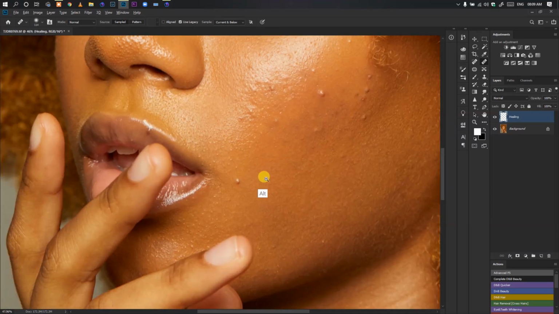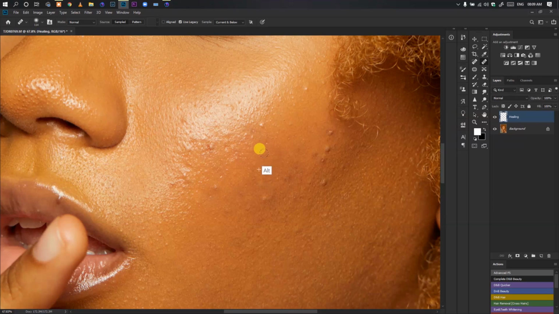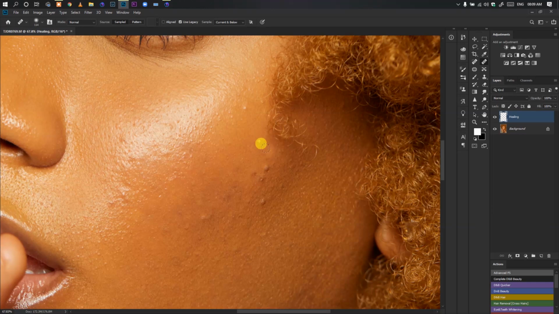One thing I like about Photoshop is that it's fast because I can move around quickly compared to that of Capture One. And if you notice, I'm not really sampling far away to clean these blemishes. I'm closer to the blemish, as you can see, and my brush hardness is at 0 as usual, and like I said, the size is dependent on how